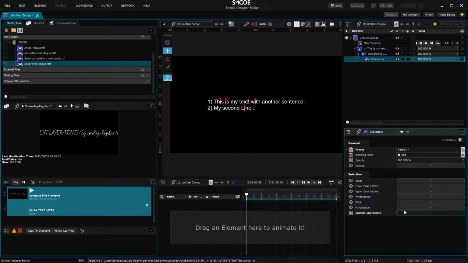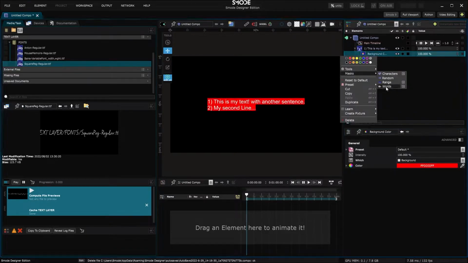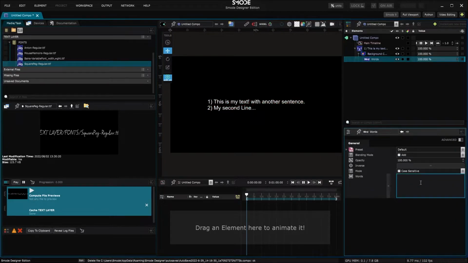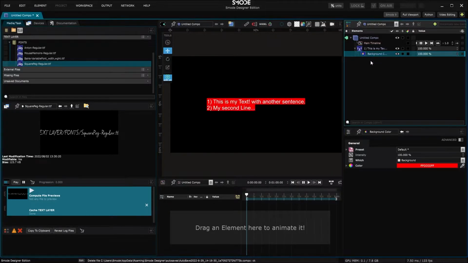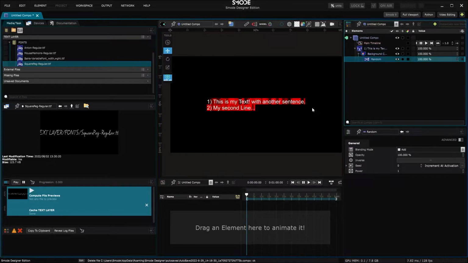The word mask lets you type a specific word that needs to be impacted by the modifier. You can increase the tolerance of caps by changing the mode in your case. For those of you who have some development skills, it is also possible to add regular expressions inside this mask. Another mask is the random one. It randomly applies more or less the modifier on letters.